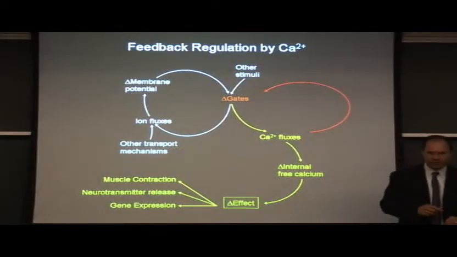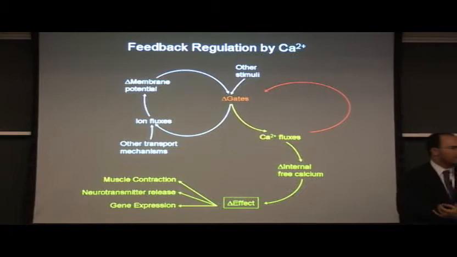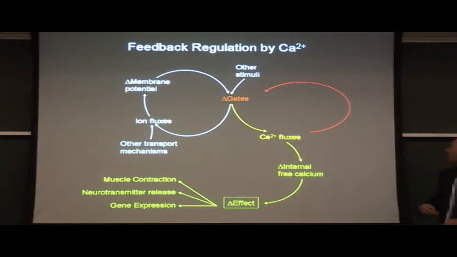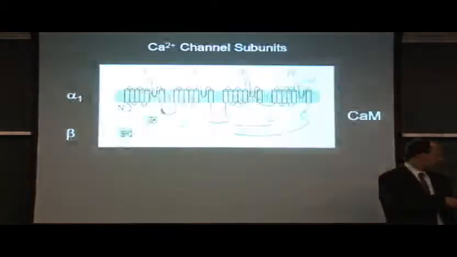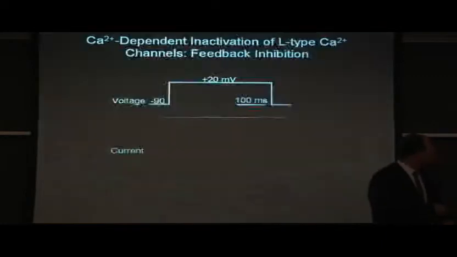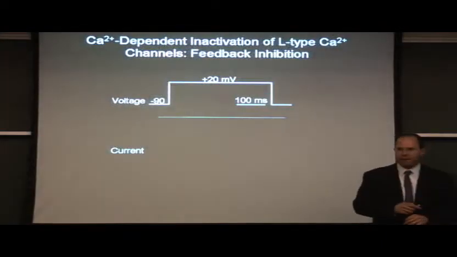But let me change gears now and move on to calcium-dependent inactivation very quickly, just to show you an example where calcium can feed back and modulate gates in an inhibitory fashion. And to remind you, this is published work, that this depends upon calmodulin interacting with the C-terminus in a region that's very close to where I just showed you CaM kinase II interacts. And this is the effect that we're looking at.